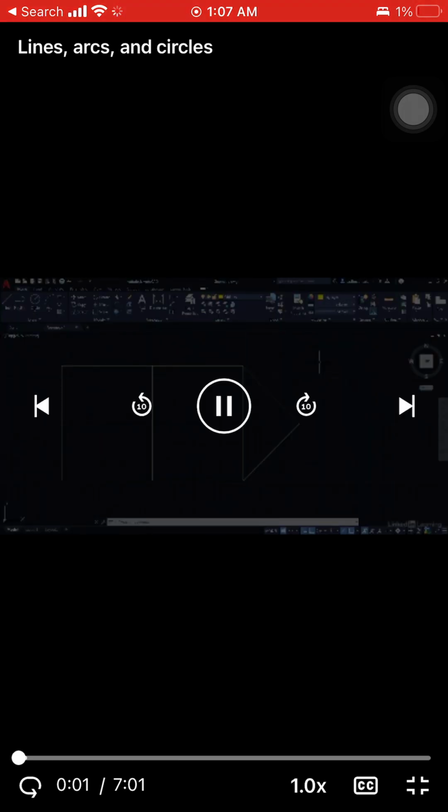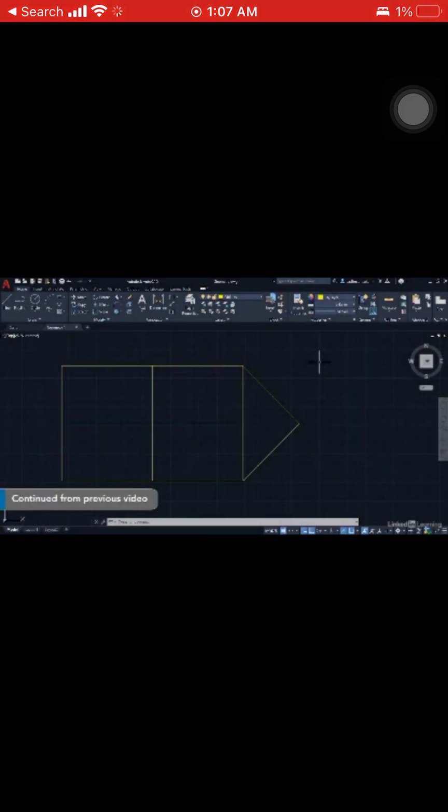Once again, we're staying in our geometry.dwg file, and as you can see, I've left it in the same state as it was at the end of the last video. Now, just before we get started on lines, arcs and circles, we need to do a little bit of housekeeping on our